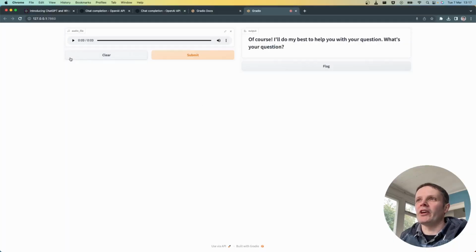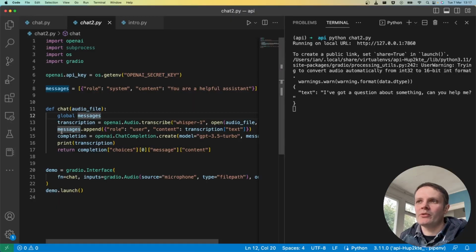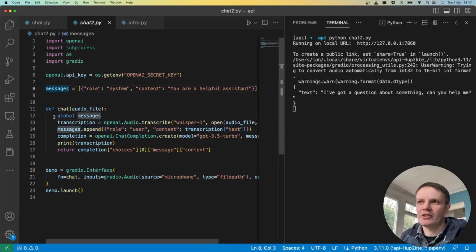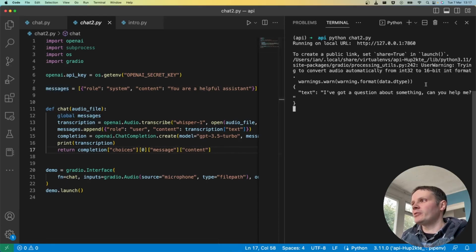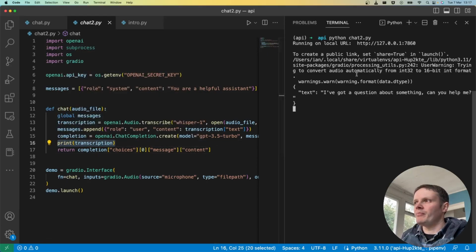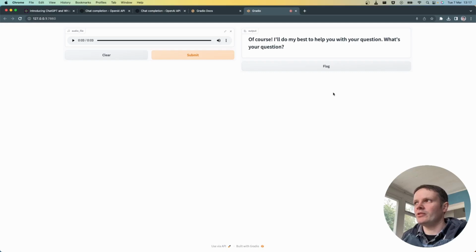So we can carry on with that. And we're doing the same thing with building up messages. We are taking the transcription text and we're building this message queue again by keeping the messages outside of this function and then adding to it as a global. So here I'm also printing out the transcription to here. So if we want to get history,